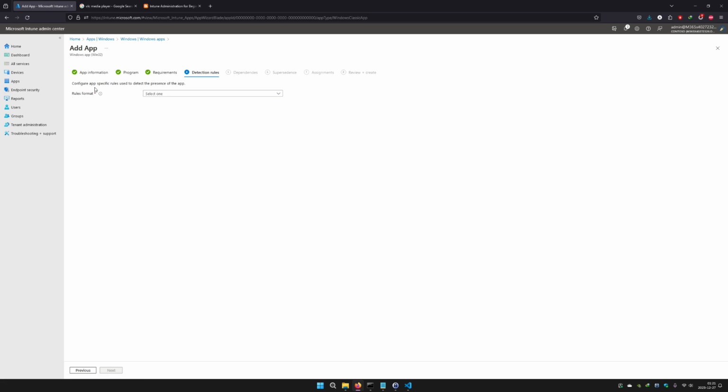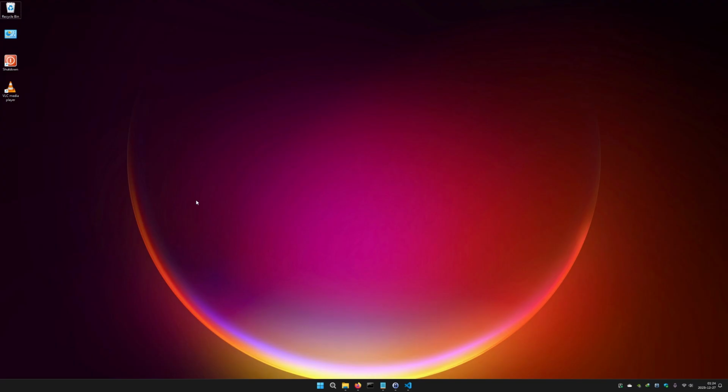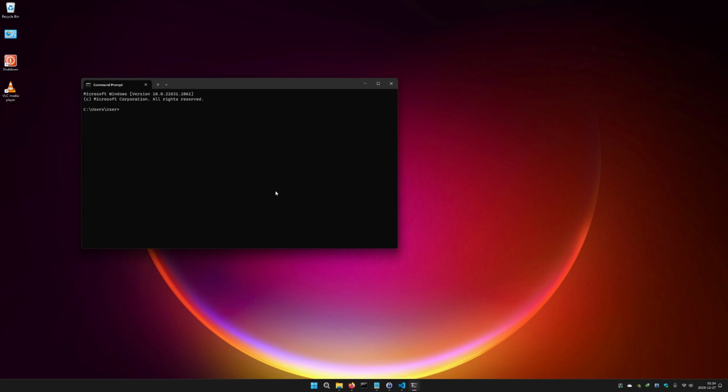Rules. Configure app specific rules used to detect presence of the app. Yeah, so that is something we need to look into. Let's choose manually configure detection rules. Okay, so with the VLC media player installed on our system, let's go ahead and get a detection method. For that, let's go ahead and open command prompt, type PowerShell, clear our screen, go ahead and type Get-WmiObject